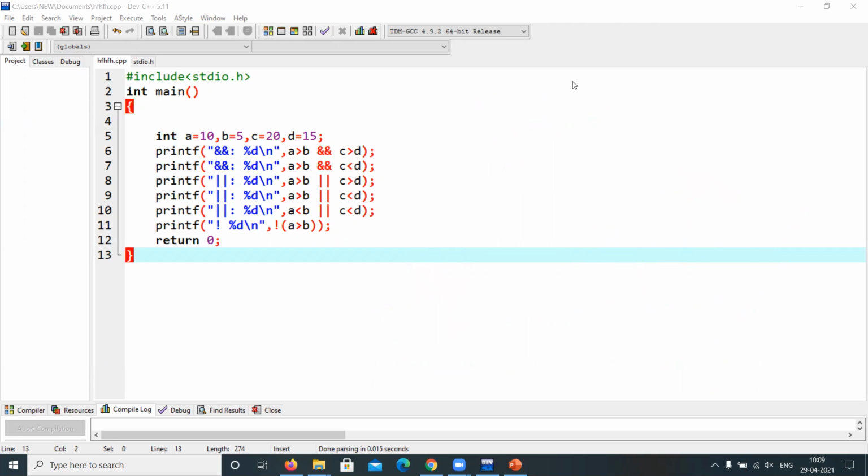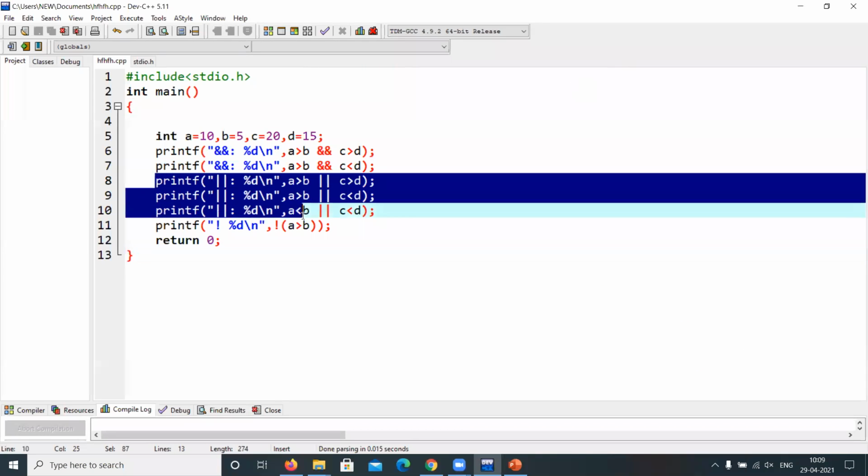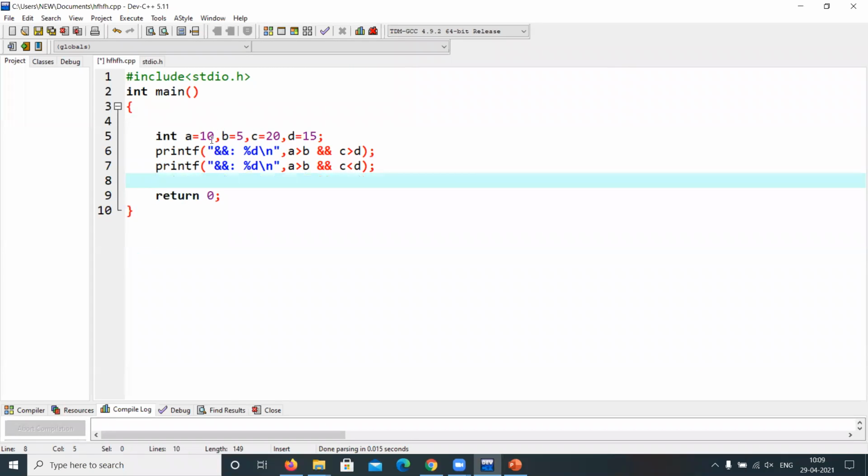Now observe the results. Let me remove all these things. Observe, let me take A equal to 4 and B equal to 2.